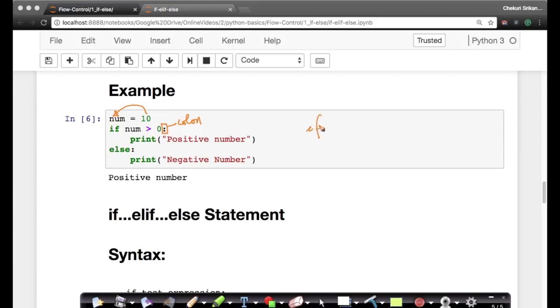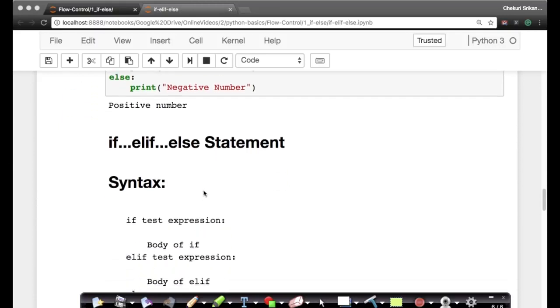In C you write if num is greater than 0, execute these statements, else execute these statements. Unlike that, here if num is greater than 0, a positive number, which means 10 is greater than 0, it will print this, as you would expect. Else, if this is not true, it will print this. Very simple and straightforward.